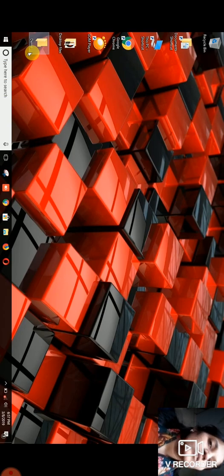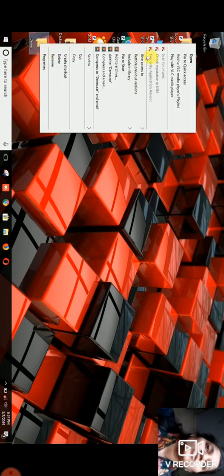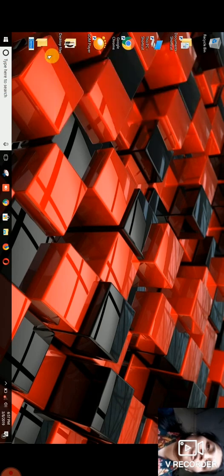Now we have seen how to create a new folder, but let's see how to rename it. What we are going to do is right click on that folder and select rename. Now we can give another name. Rename means again we give any name. So here we are giving demo folder.